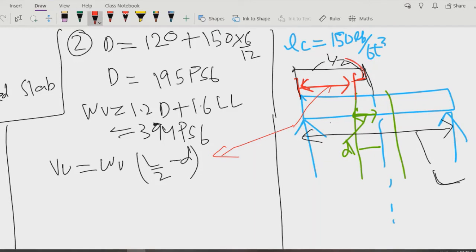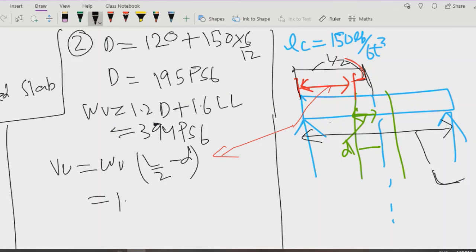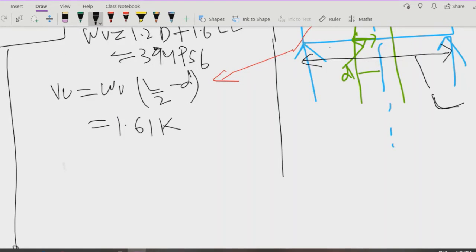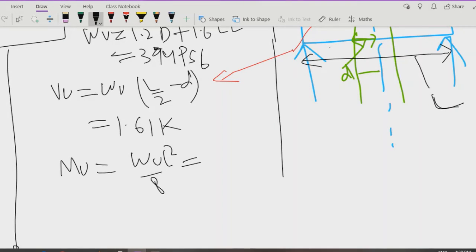So we have this formula. I got this value of 1.61k, and I also got Mu. Mu will remain the same, WL square by 8, and we got the value of 3.989